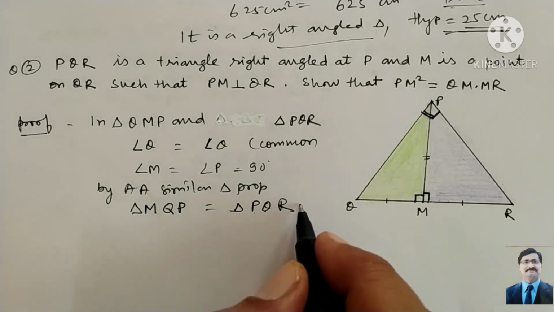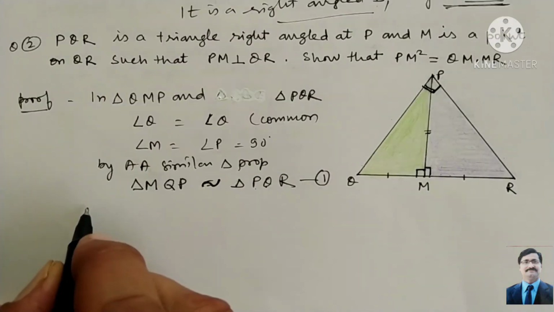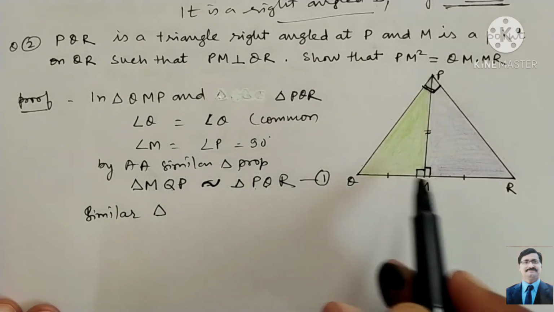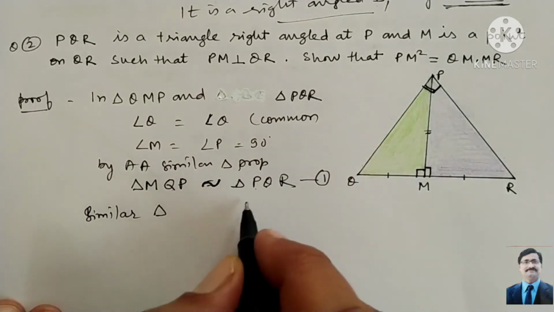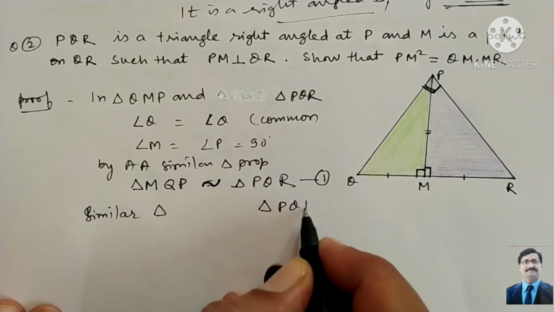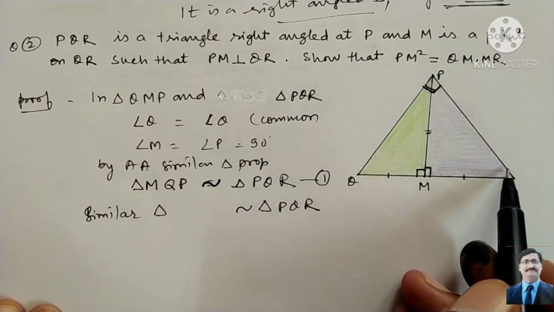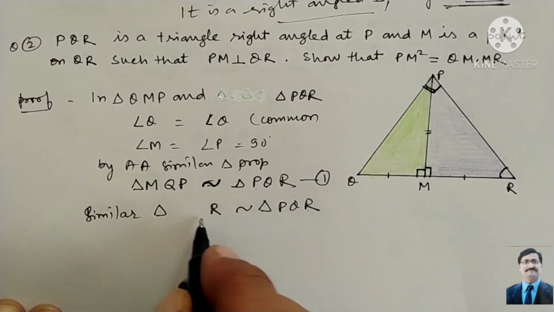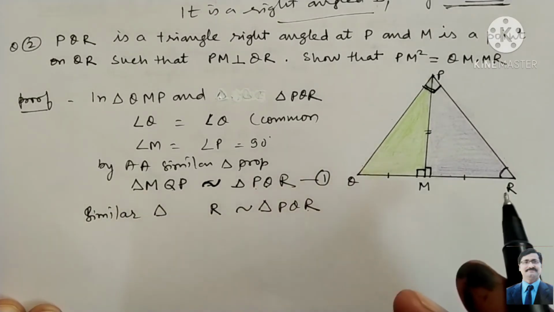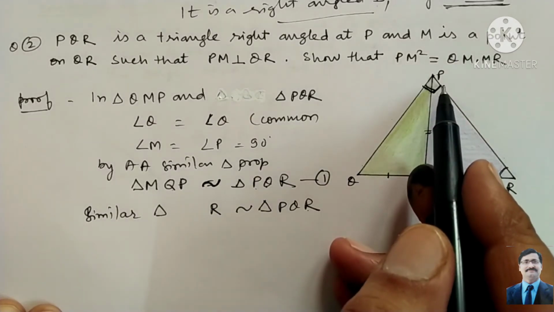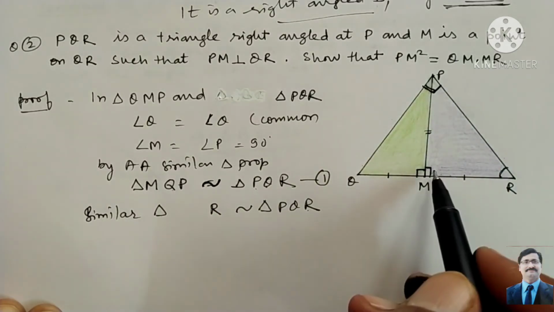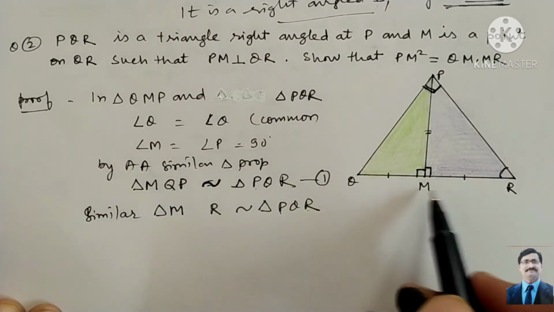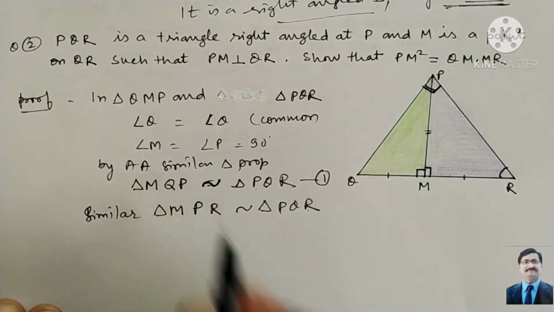Now we have, this is equation 1. Similarly we can say, this whole triangle, one side is PQR and look here, angle R is the same, common. So R and R position is last, so we write last. Here is the angle, look here, P is 90 degrees and in the small triangle M is 90 degrees. So P is first, so M will be first. Now look here, M, R and P. So P is remaining, so we can write here P.